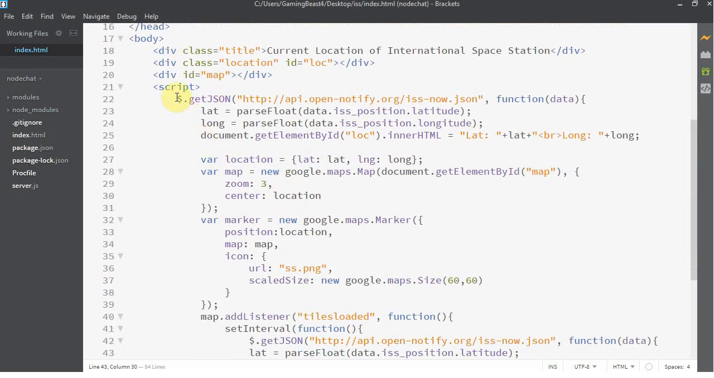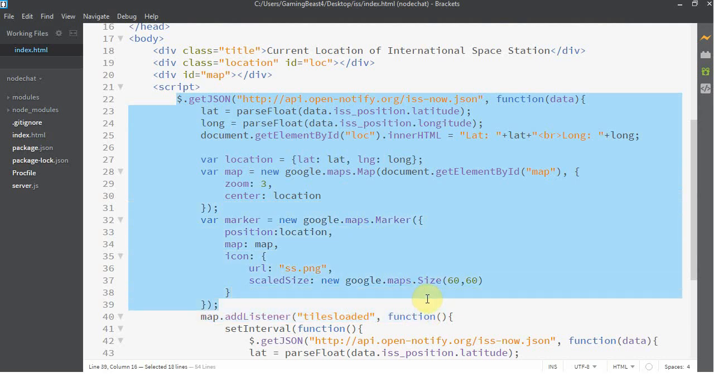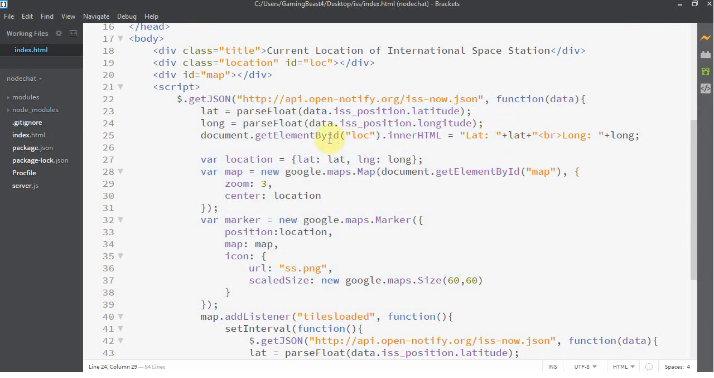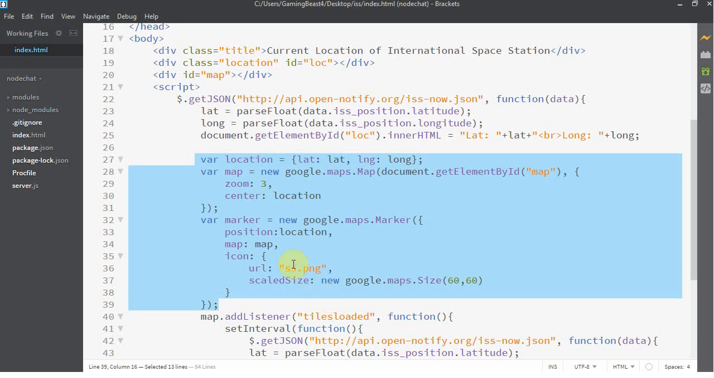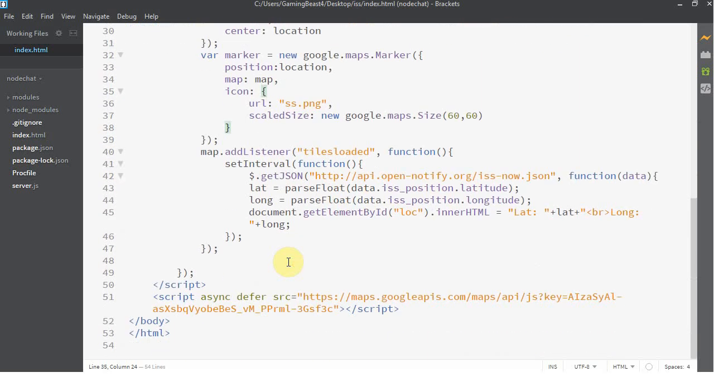All right, so the first time it loads, it loads the data, puts it in the div, sets up the map, and puts everything the way the map needs to be. Then, once the map is created, I'm going to add a listener to the map, which is tiles loaded. So when the map loads, it's going to run another function, and inside of that function is a set interval function, which is going to run however many times I define. Okay, and the function,